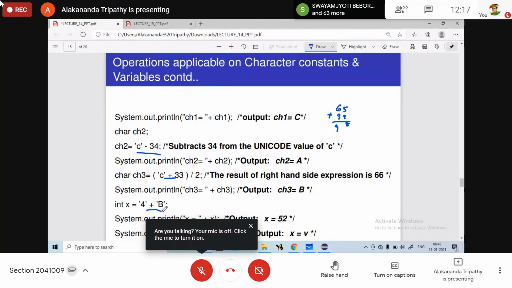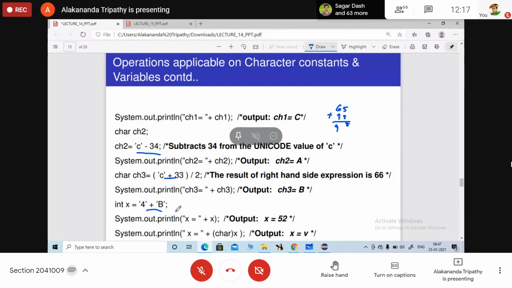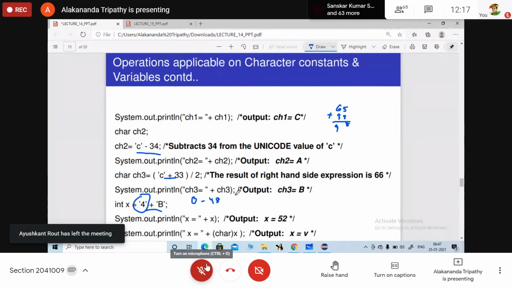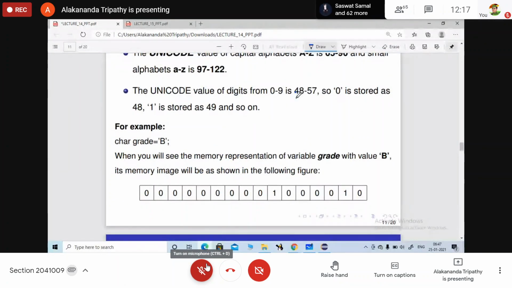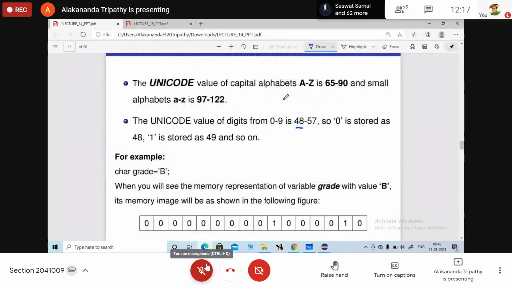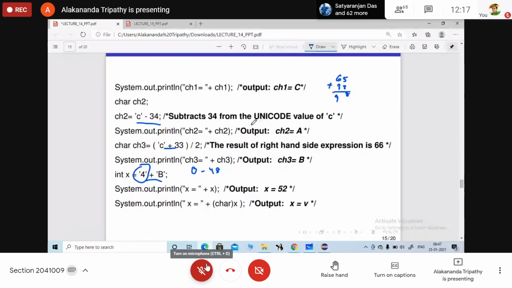Next question here is int x equals to 4 plus v. How much will it be here? What is the ASCII value or the Unicode value of 4? For 0 it is 48, 1 is 49, 2 is 50, 3 is 51, 4 is 52.